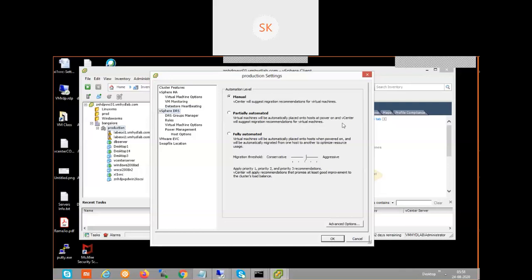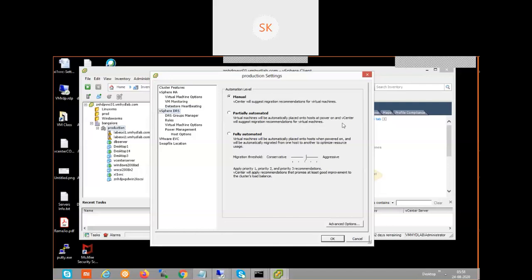Fully automated means the system itself is designed in such a way that, according to the setting, it checks the utilization. If either memory or CPU reaches, for example, 70%, it is going to check, oh, this ESXi host is going to high utilization.